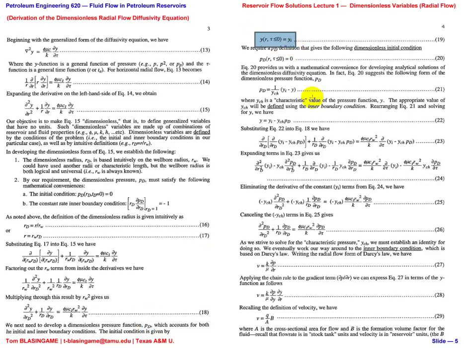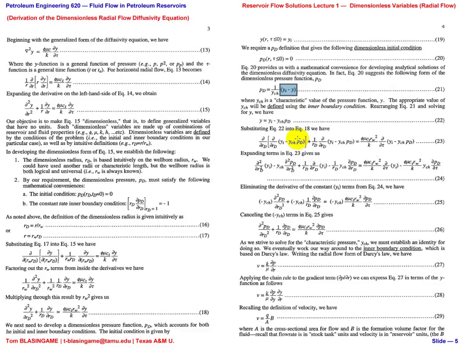It's either y or p, however you want to define it, but it has to be equal to the initial value of pressure squared or pseudopressure at time less than or equal to 0. So that translates into the fact that p_D, the dimensionless pressure, has to be equal to 0 for those times. And the only way to do that is to have a dimensionless pressure drop, not a dimensionless pressure. Unfortunately, we dropped the word drop in the 60s or 70s, but it is pressure drop here. So first thing we'll do is say the initial pressure minus the current pressure,